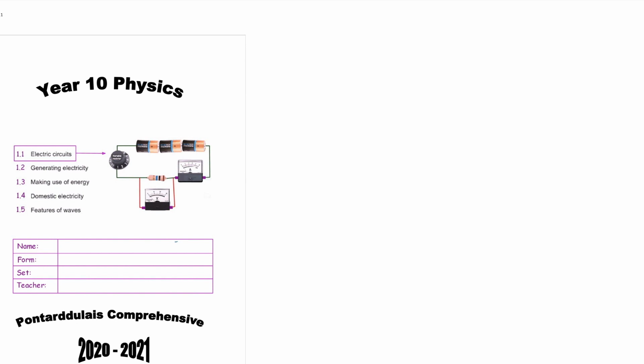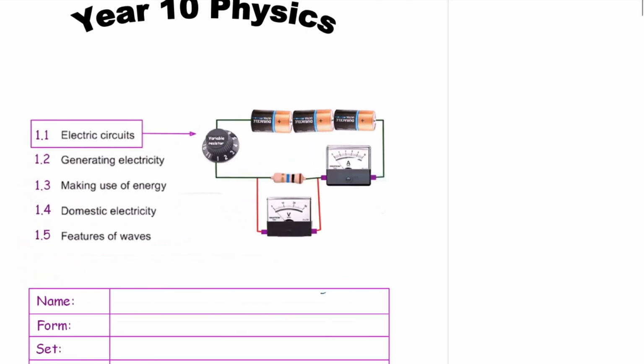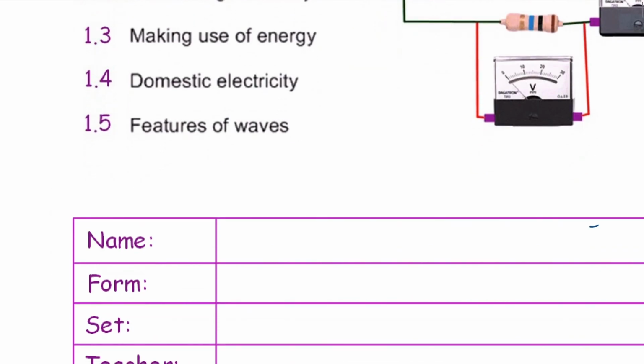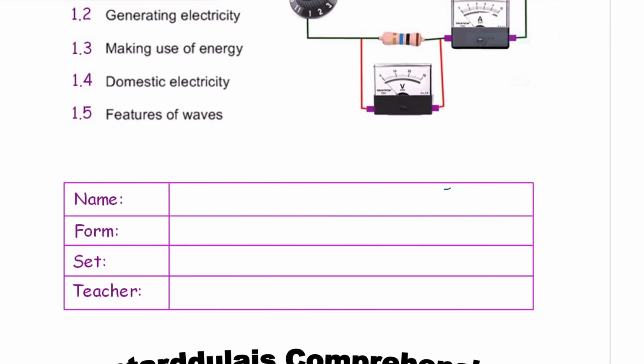What you're looking at now is the front cover of the first booklet. For double science, there are 5 booklets altogether. You can see them listed here. We're starting today on 1 of 5, electric circuits, and we'll be working through the remaining 4 over the next year. So all you need to do for now is just fill in the front of your booklet, press pause,